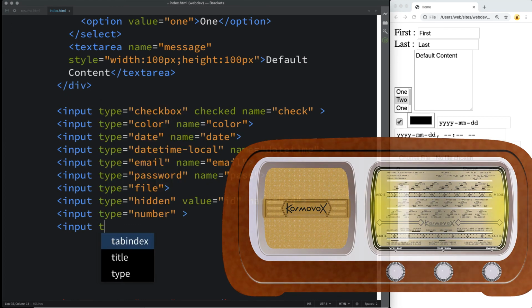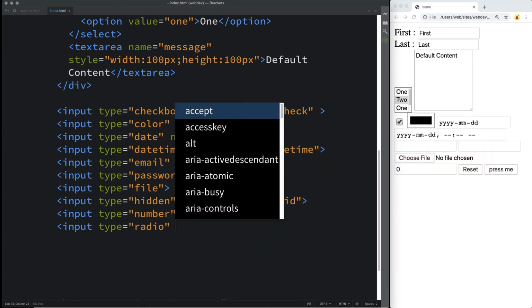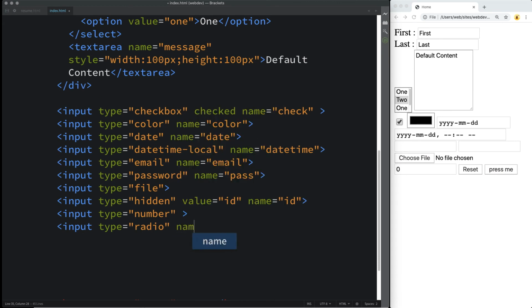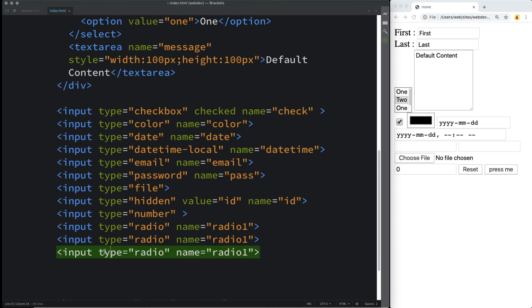There's also radio buttons. Radio buttons are a little bit tricky because they do need to have the same name in order to be able to move between them. I'm going to create a couple of radio buttons, and you would typically have labels for each radio button.